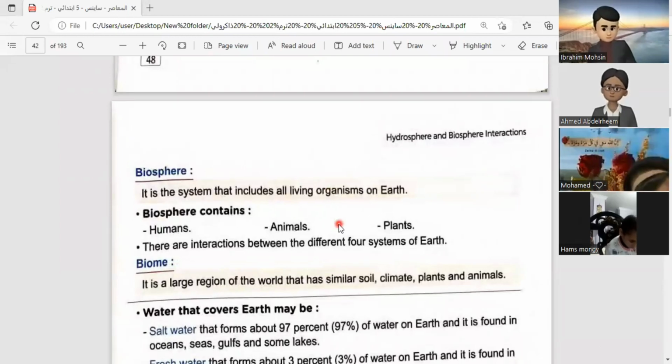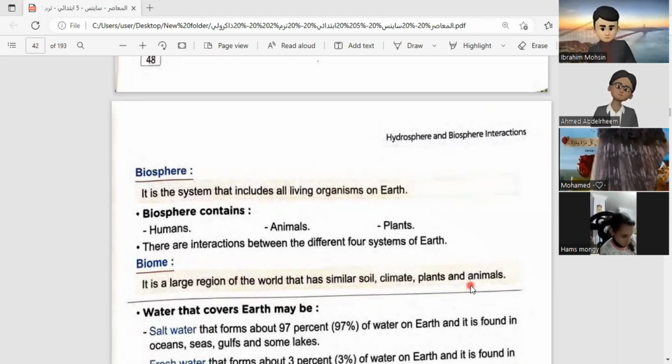And also we have a new concept called biome. What is the meaning of biome? It is a large region of the world that has similar soil, climate, plants, and animals, like deserts,